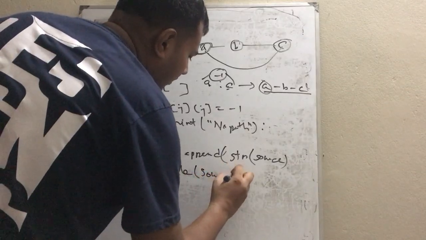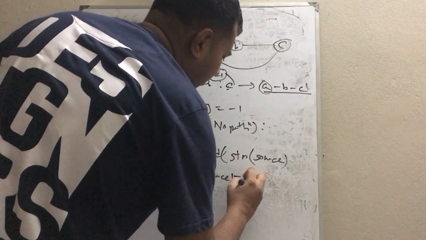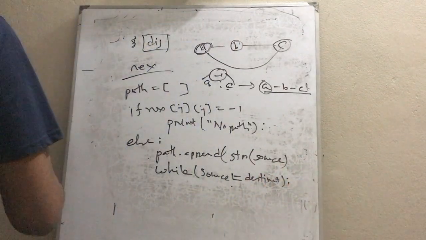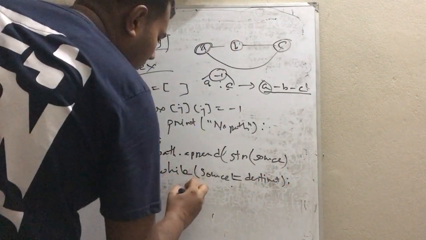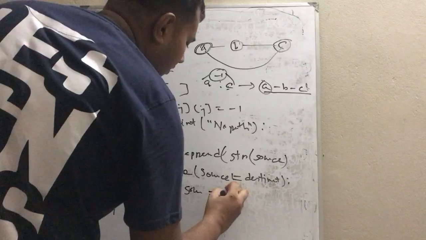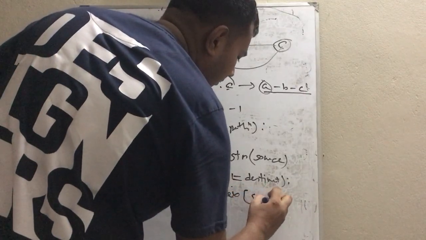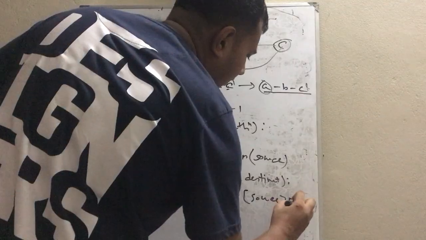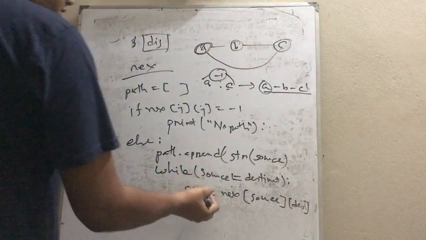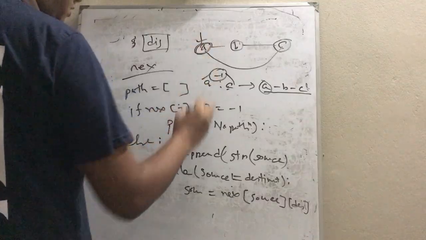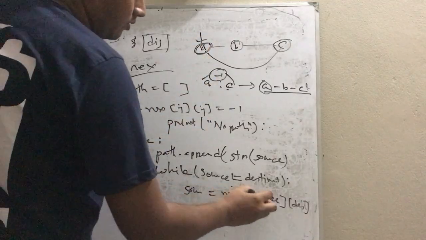While source not equal destination, source equal next of source, destination. So we update the source value. So first the source pointer was here, next source